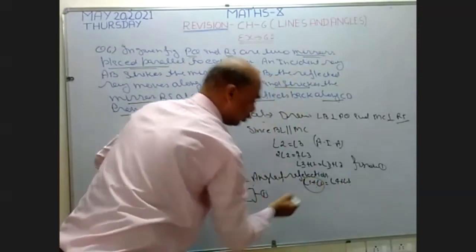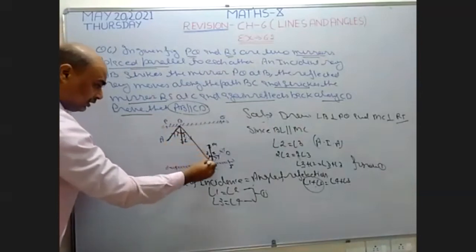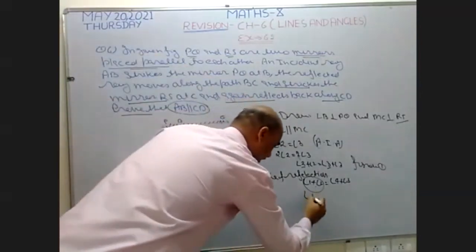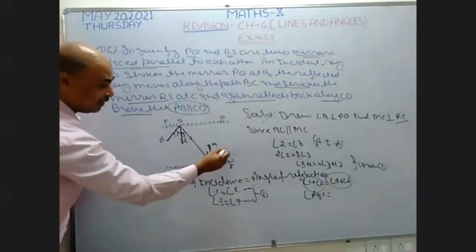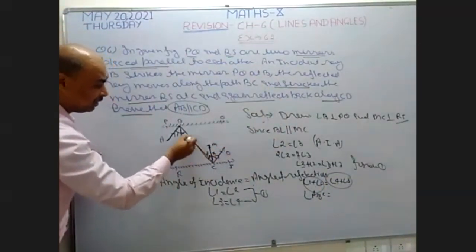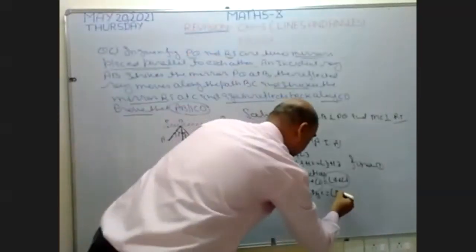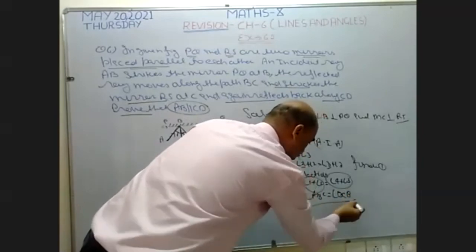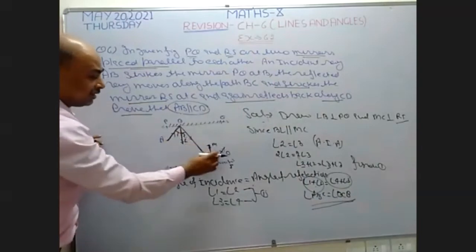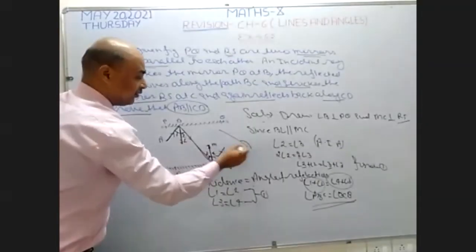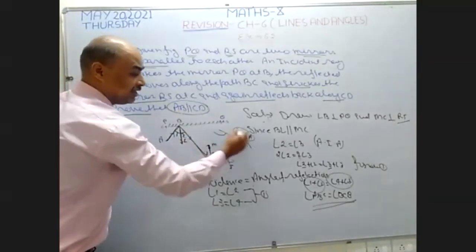This angle 1 plus angle 2 becomes angle ABC, so I write here angle ABC. After that, angle 3 plus angle 4 becomes DCB. Instead of angle 3 plus angle 4, I write here DCB. These two angles are equal. Since these two angles are equal, and one angle is on the left and the other is on the right, these angles are known as alternate interior angles.